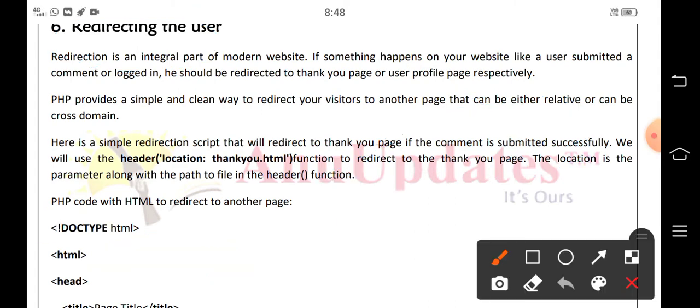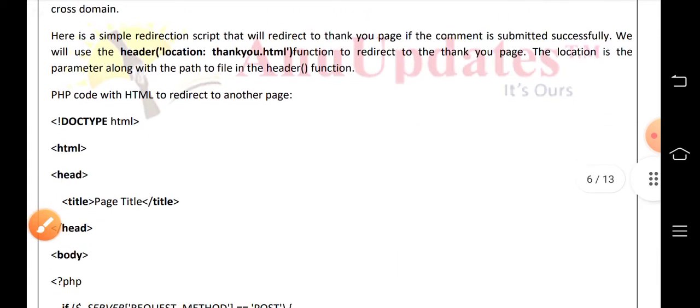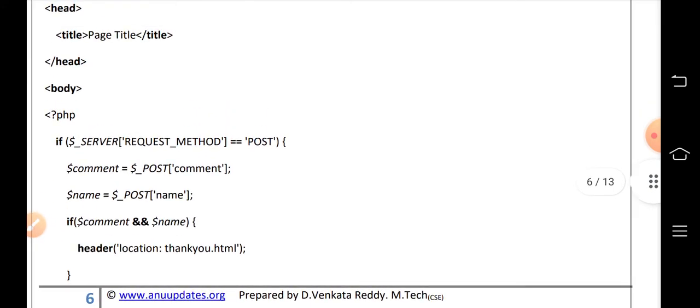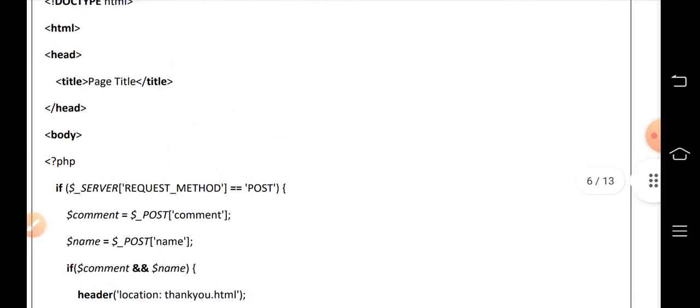PHP provides a simple and clean way to redirect your visitors to another page. Then here the example is a simple program.